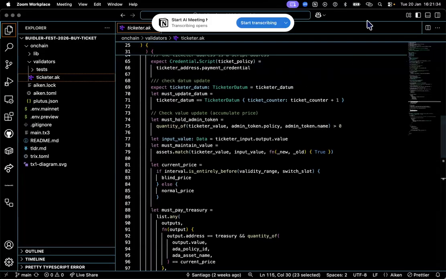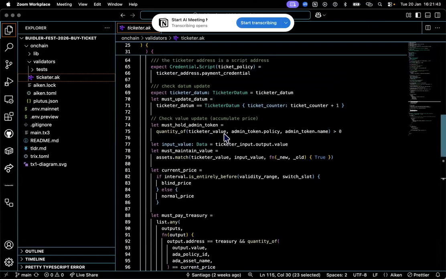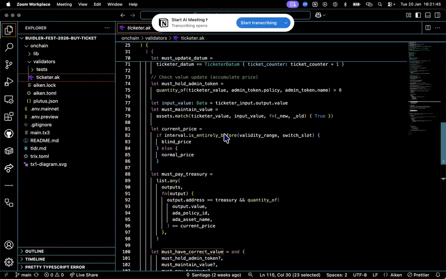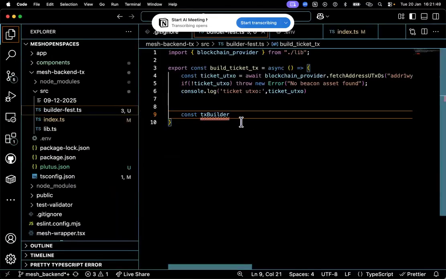But I've seen people mix it up. For the beacon address, somebody might put in the input and then the output straight after it, and then the input and output for their own wallet. Mesh is pretty flexible like that, so it comes down to style a little bit.